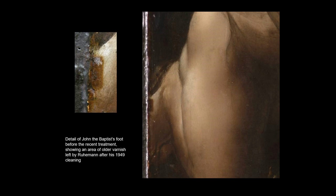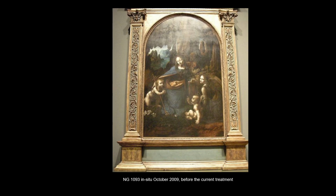Now, I don't really want to talk about Ruhrmann's work in much detail today, but it was clear that the varnish he put on in 1948 had aged rather poorly. He used mastic resin and turpentine with a lot of wax added and linseed oil, all of which is recorded in the conservation dossier and confirmed by our analysis. And that was a combination which you could be sure would produce rapid yellowing and desaturation. And then a microcrystalline wax layer was applied on top, probably to dull and even the surface, which was guaranteed really to enhance the accumulation